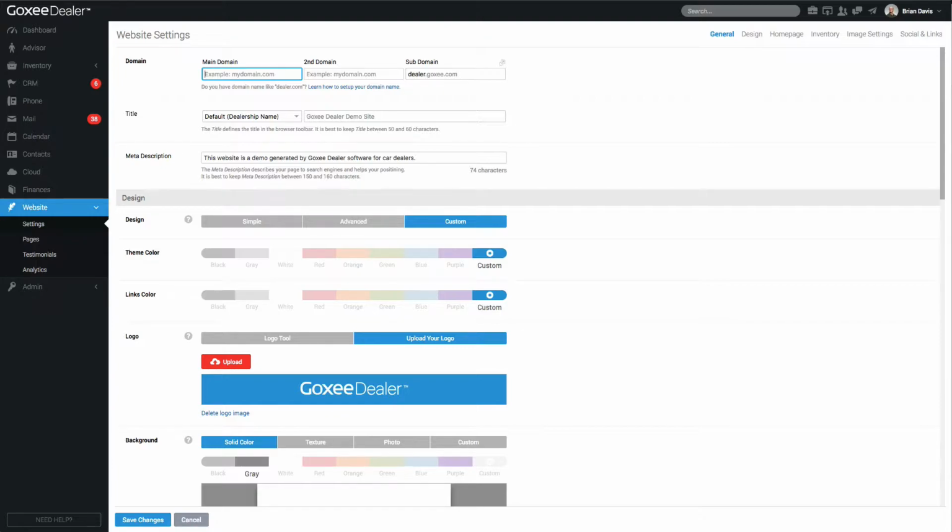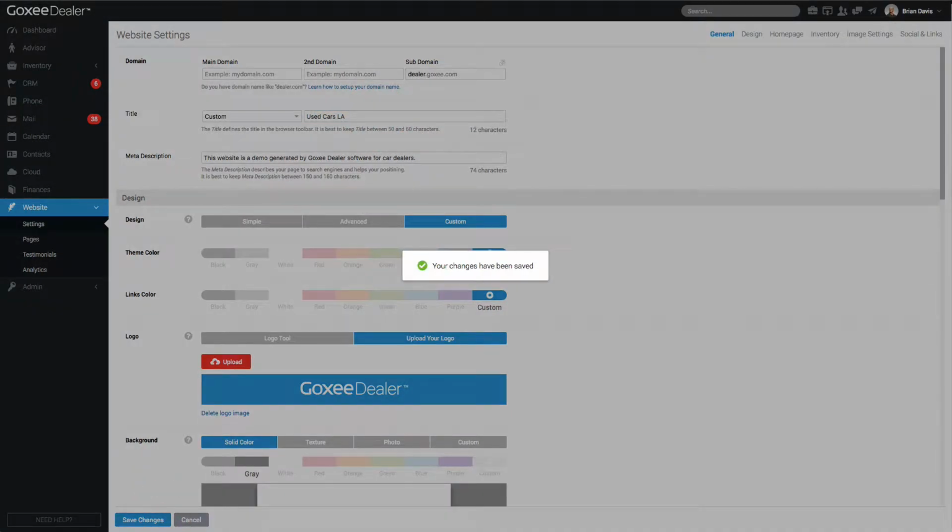Now let's move down to the title. This deals with SEO. So in the title section, we give you the ability to just use this as your dealership name, or you can customize it to change however you see fit. So for example, let's say instead of Goxee Dealer Demo Site, we want to change this to Used Cars LA. Now, if we update this to Used Cars LA and save changes,